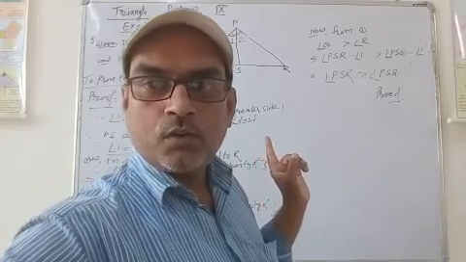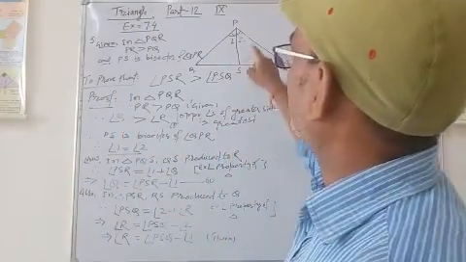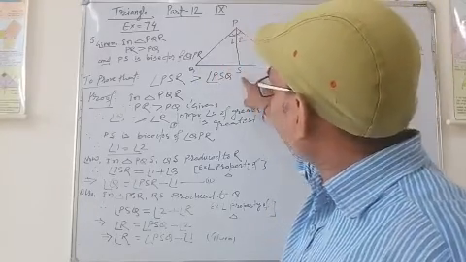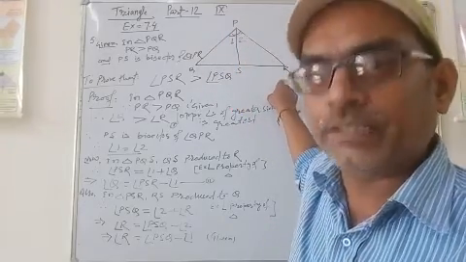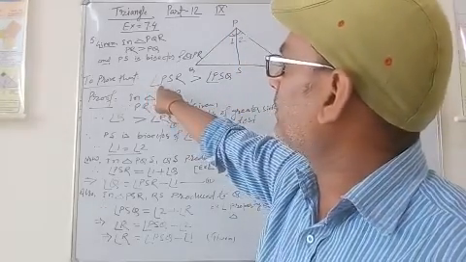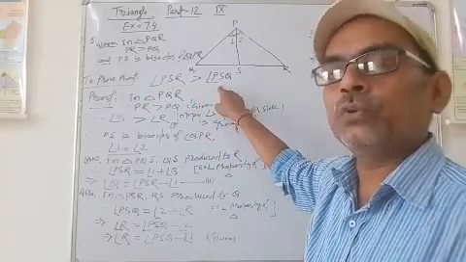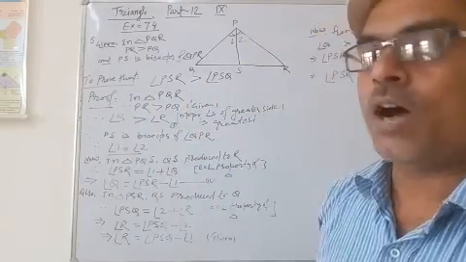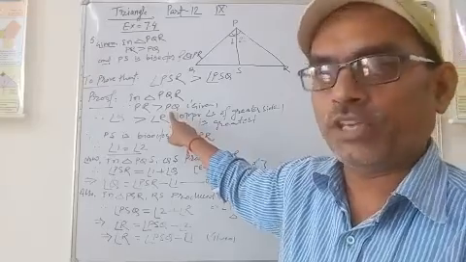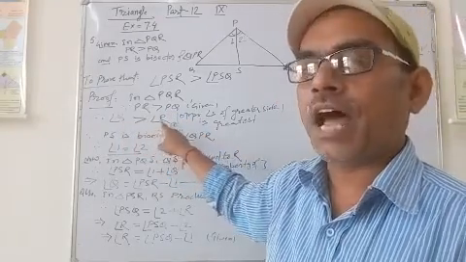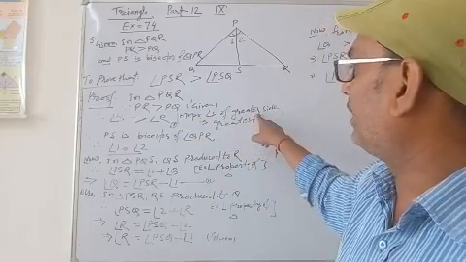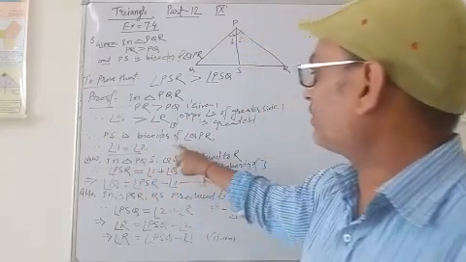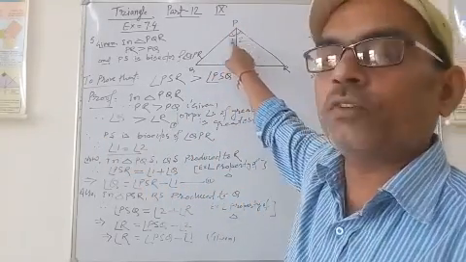Now, question number 5. In question number 5, in triangle PQR, PR is greater than PQ and PS is the bisector of angle QPR, given, and we have to prove that angle PSR is greater than angle PSQ. For the proof, in triangle PQR, since PR is greater than PQ, angle Q is greater than angle R, as we know the opposite angle of the greater side is the greatest. Suppose this is equation 1. Since PS is the bisector of angle QPR, angle 1 is equal to angle 2.